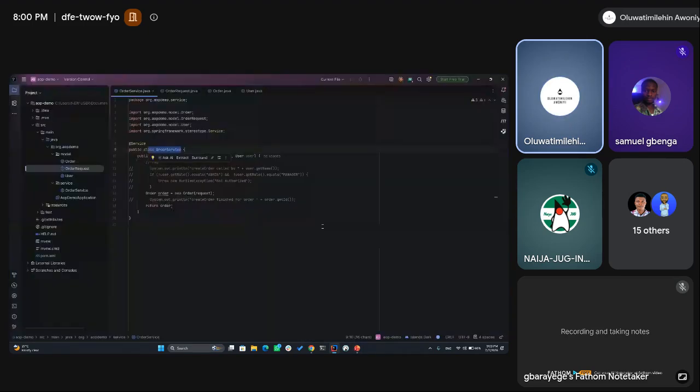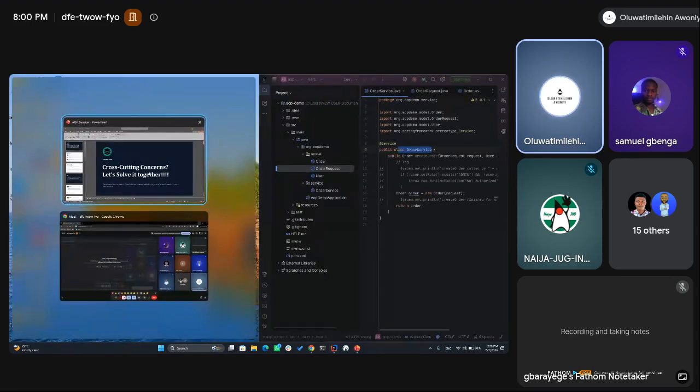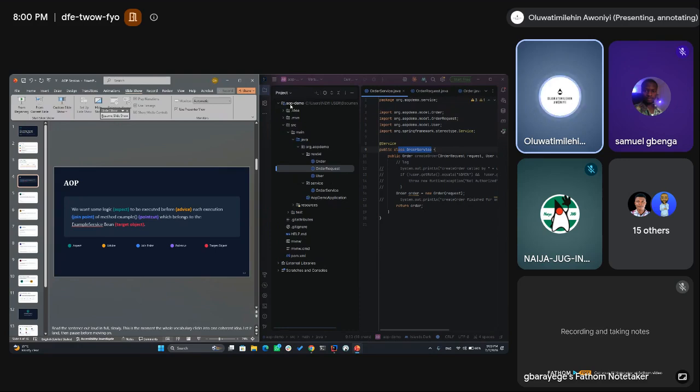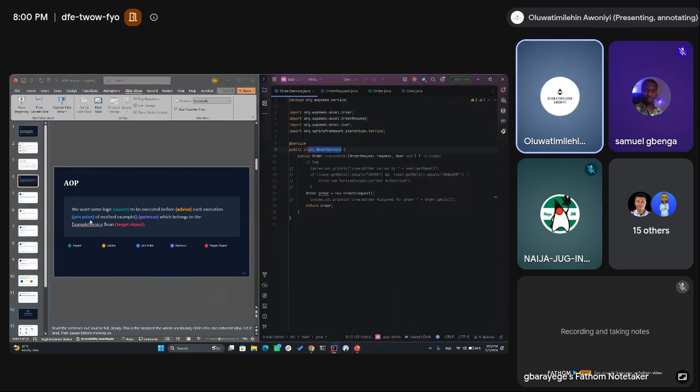Now, let me just divide my screen, because why not? Yes, I can divide my screen. Good. So I'm saying we want some logic. This logic, that's what we call an aspect. So we want your log, your row check. Oh, please, God, I can't spell again. Your row check, your log, those are the logic. We want some aspects or some logic to be executed before